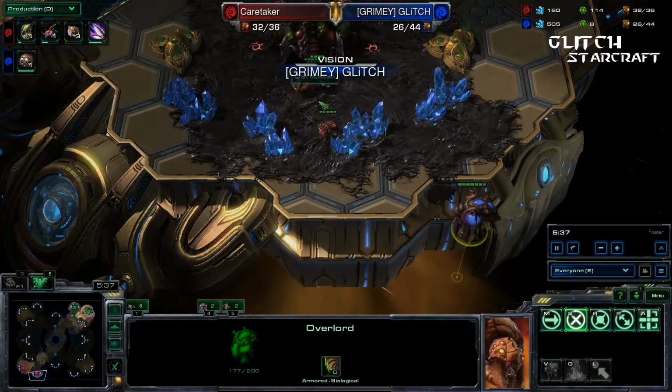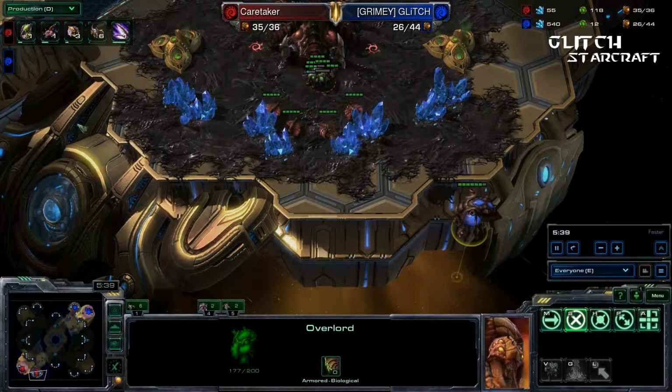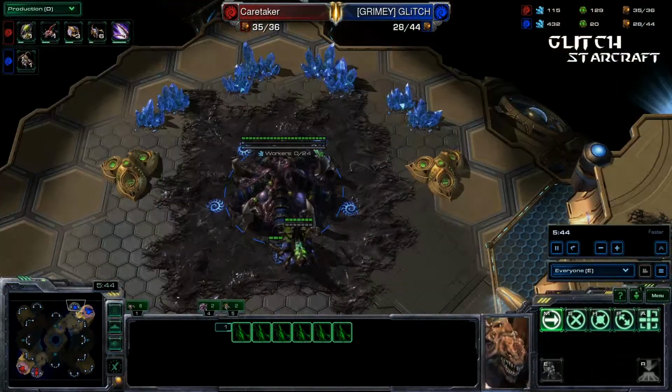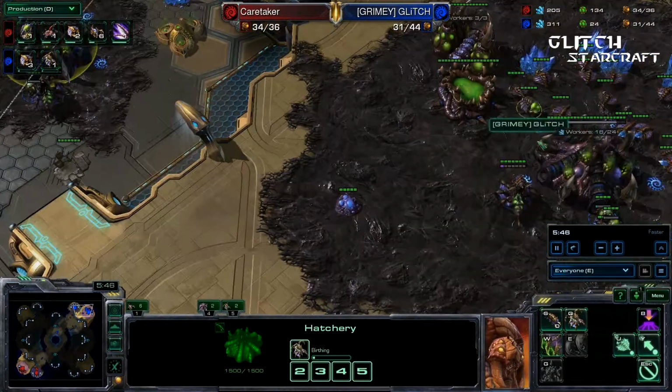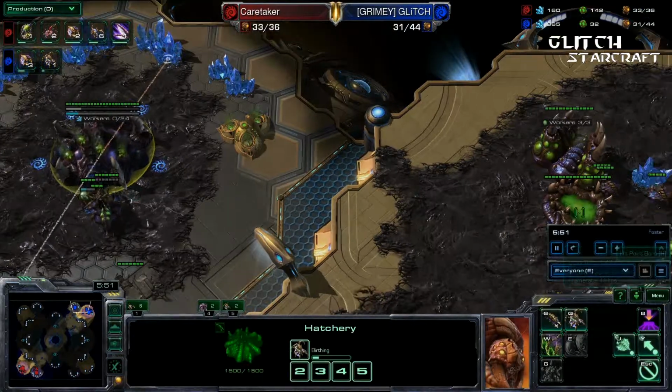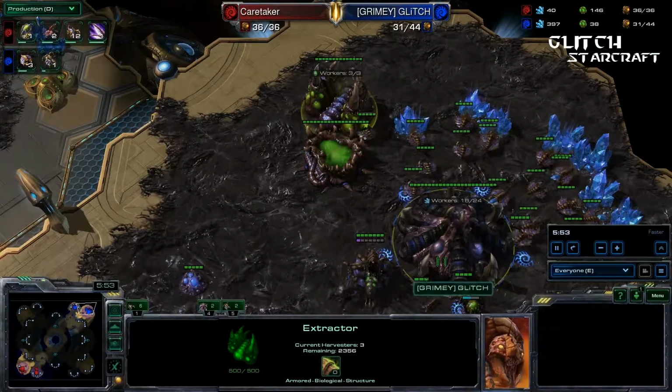So I can see that he's building some drones here. So I'm feeling a little bit safe here. So I made some more lings just to get a little bit more map control, but now I'm just going to be going right back into drones. As you can see, after getting up this natural hatchery, I do immediately retake this 3rd gas,